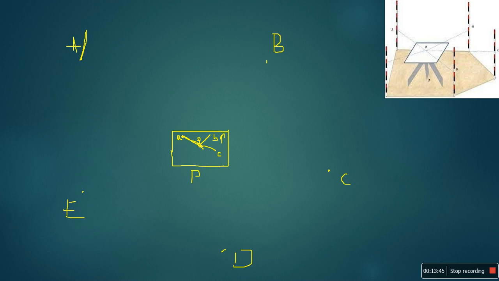Again the same procedure, repeat with respect to these two points, that is D and E. Again with respect to the field distances, convert them with respect to the assumed scale. Then you have to draw a radial line like this. So this point is marked with a small d, and this point is marked with a small e. Then all the points are over. Now you have to join these points like this. Then you will get the map or plan of the field data on the drawing sheet.